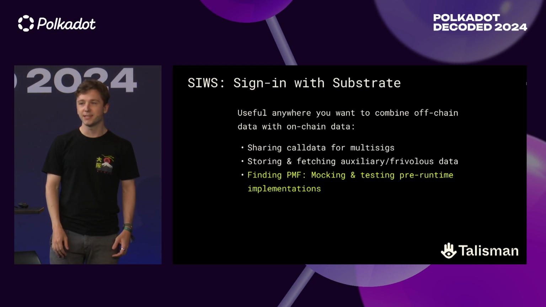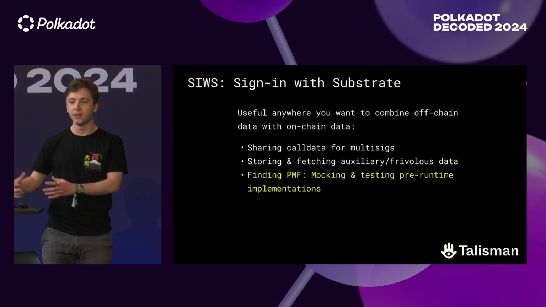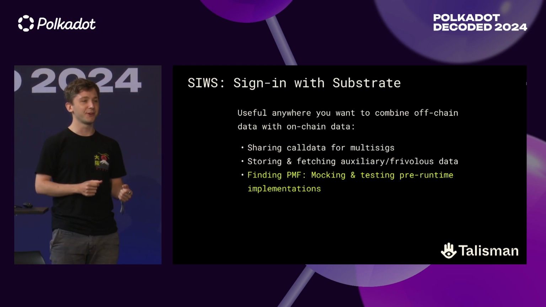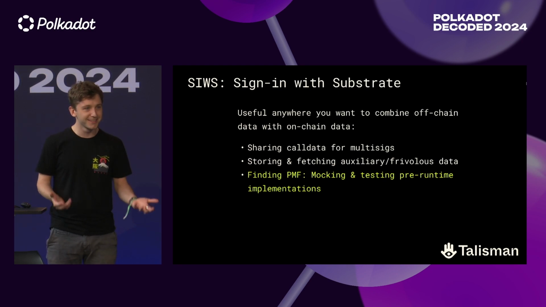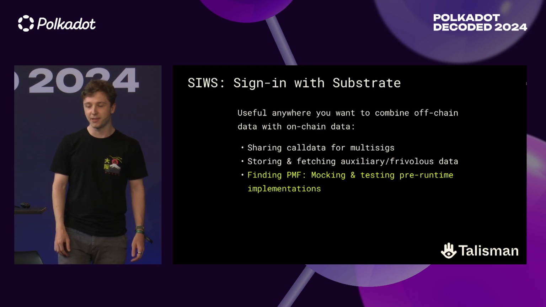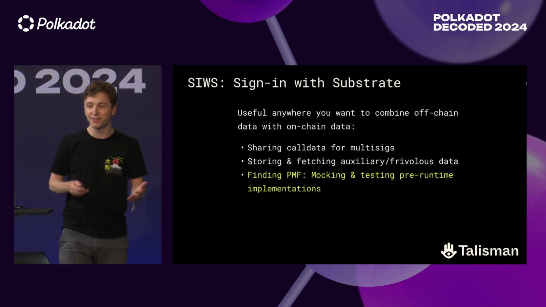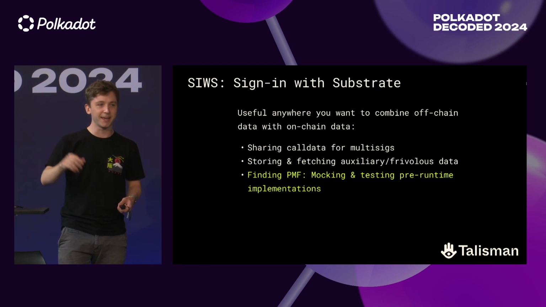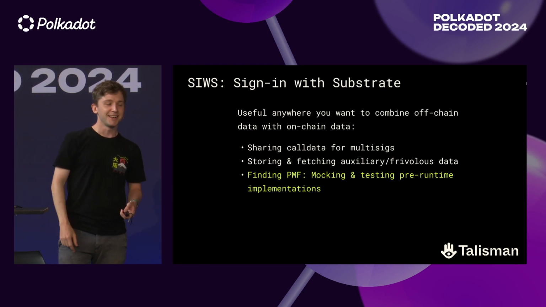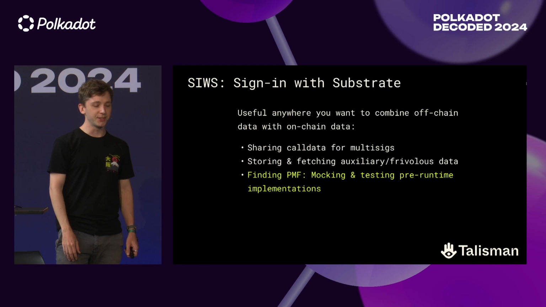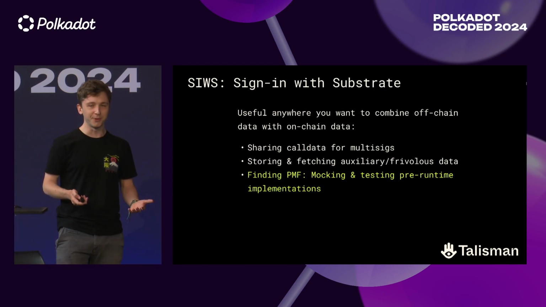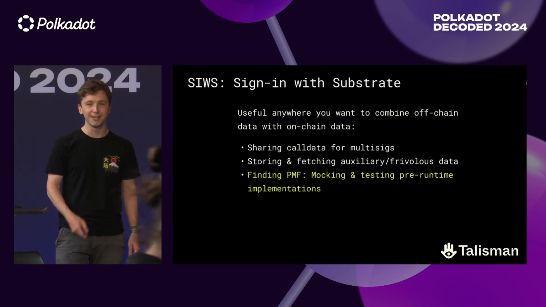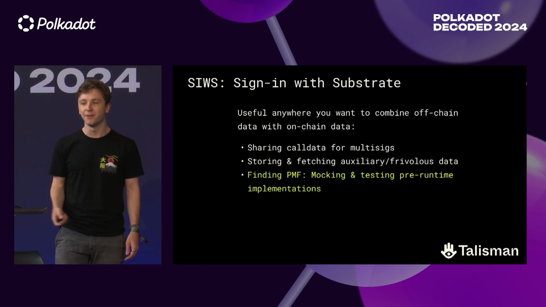So when you're building your front end and when you're building a runtime, you have validation that folks have already been exposed to your product because they have been testing with it. And you can use Sign in with Substrate with this. Anything where there might be a runtime call and you haven't implemented it yet, just mock it, put it in a backend, get the user to sign the message instead, and you can adopt this principle of move fast and break things without having to go back and re-implement everything in your runtime,